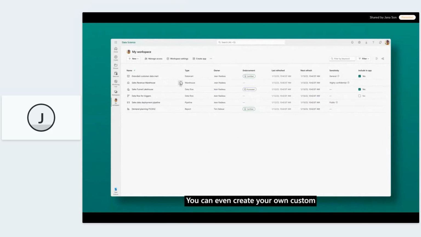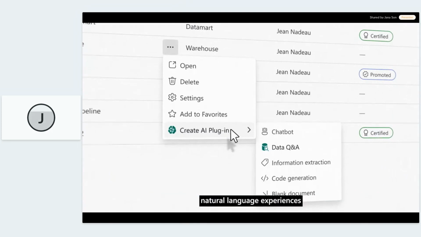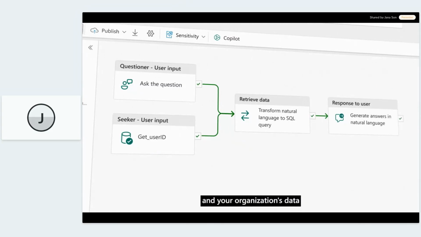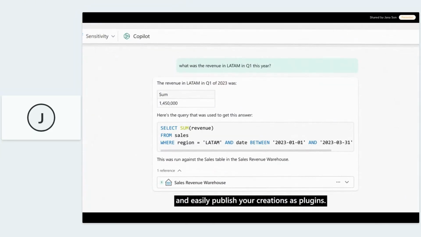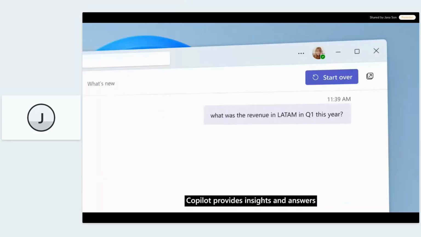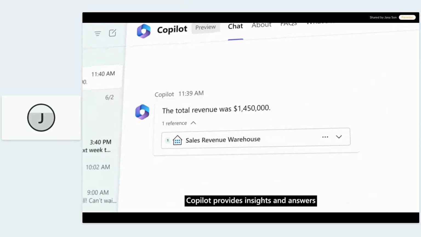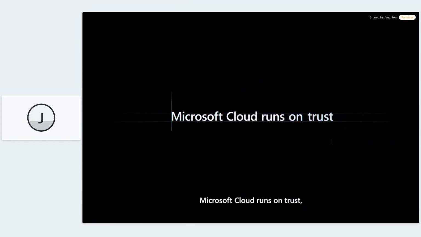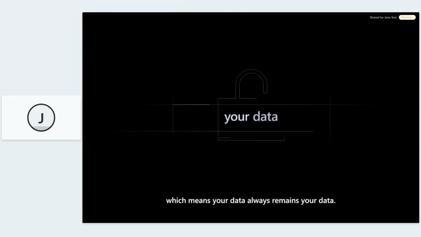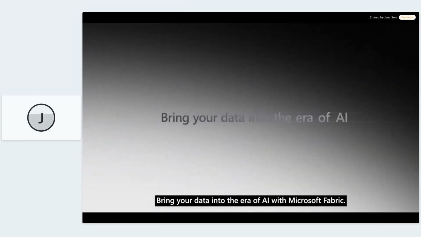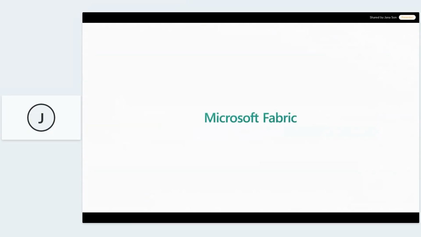You can even create your own custom natural language experiences that combine Azure OpenAI models and your organization's data, and easily publish your creations as plugins. And with your data in Fabric, Copilot provides insights and answers everywhere work gets done. Most importantly, Microsoft Cloud runs on trust, which means your data always remains your data. Bring your data into the era of AI with Microsoft Fabric.